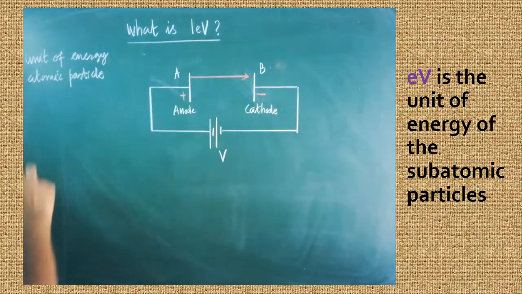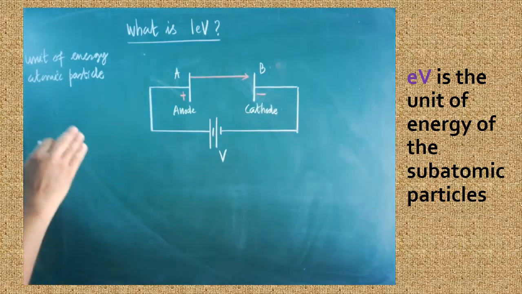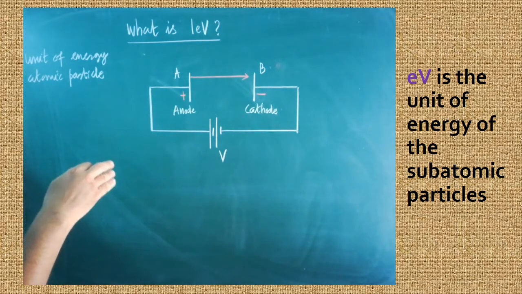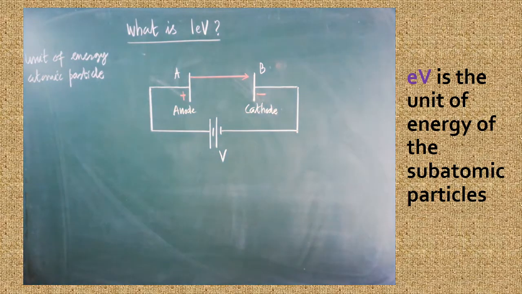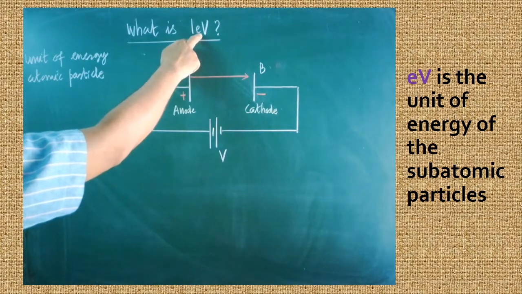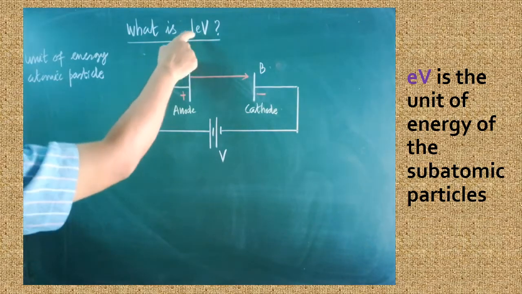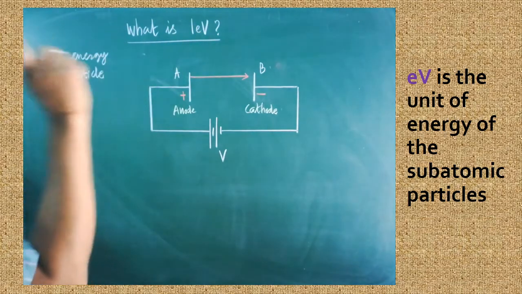of electron volt. This electron volt is widely used in chapter number 8, in the dual nature lesson also, and also in nuclear physics and atomic physics lesson. Throughout you will be learning and seeing the electron volt unit. So learning about electron volt is very important. First you should know what is 1 electron volt. Before going to learn about 1 electron volt, first you have to learn what is electron volt.